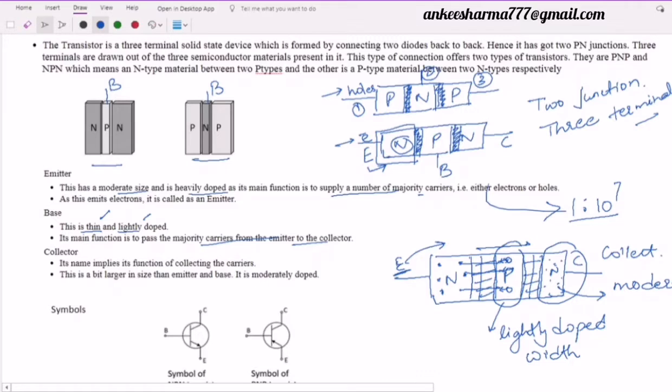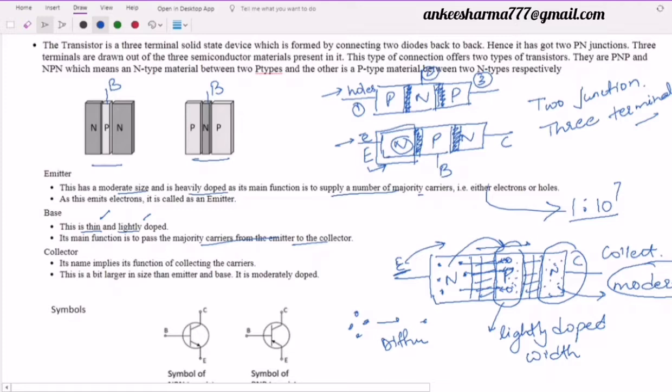What is the reason behind that? Because we have seen there is diffusion. Diffusion means the movement of the electrons from higher concentration to the lower concentration, that is called diffusion. So once we have made the collector very high in concentration, definitely it will be difficult for the electrons which are coming from the emitter right now, which are in the base. So it will be difficult for them to reach the collector because of high doping. So here we make moderate doping. Although we can have low doping also, we still have moderate doping here.